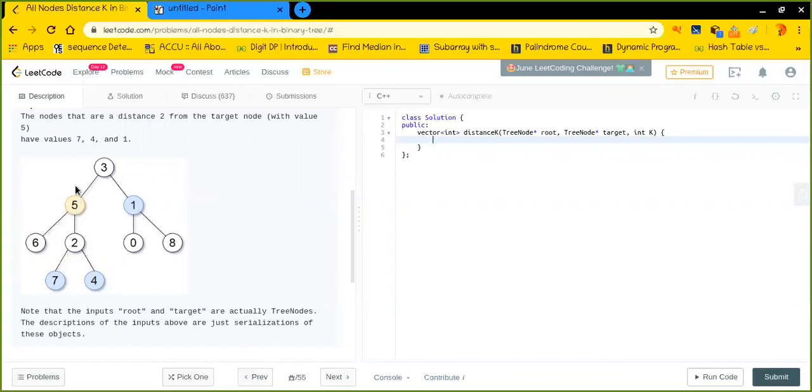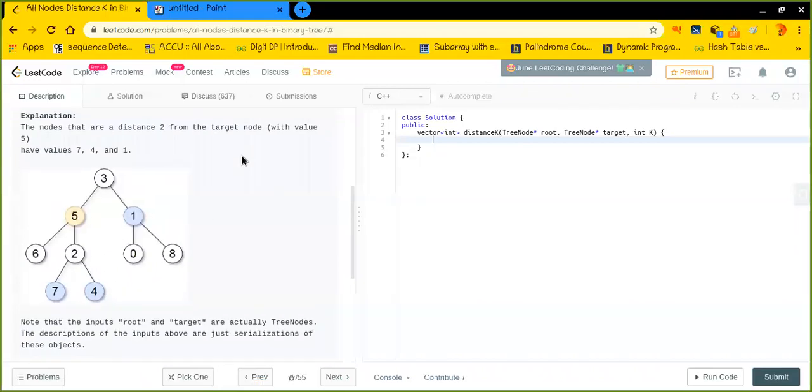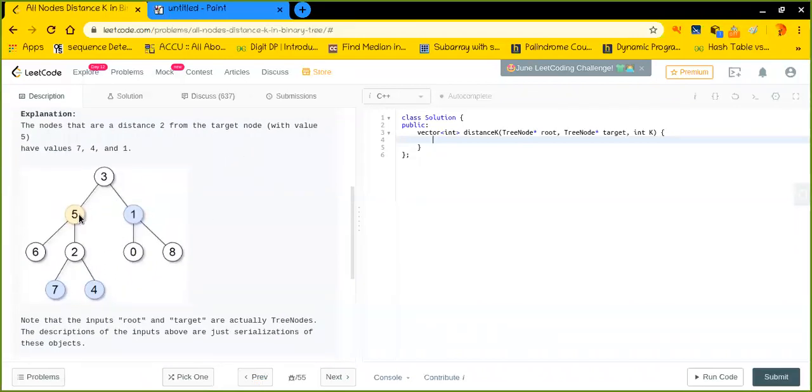For example, right here k is 2 and target is 5. So if k is 2, I need to print the nodes which are at distance 2 from the target node. The target node is 5, so I calculate 1, 2. So 7 is one of the values. Similarly, 4 is one of the values. And if I go up, this is one of the values as well.